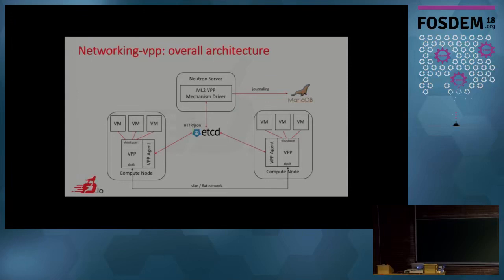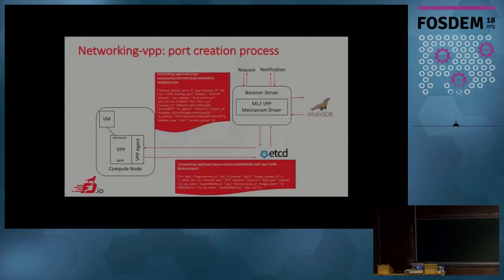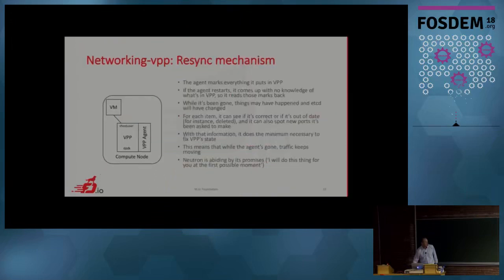So it's kind of intent-based networking, if you will, because Neutron is writing its intent, the desired states, in etcd, and then the compute nodes are reading those desired states. Let me show you what that means. Typically creating a port will go through several steps. First, Neutron asks to create a port. Then this is stored in etcd. Later, that will be understood by the agent. And then the agent will send the feedback and notify Neutron so that the VM can be created.